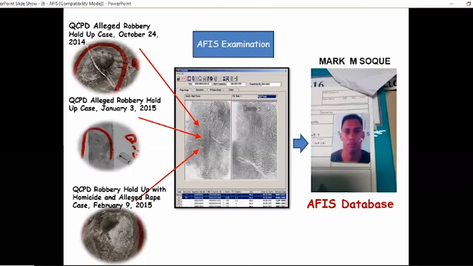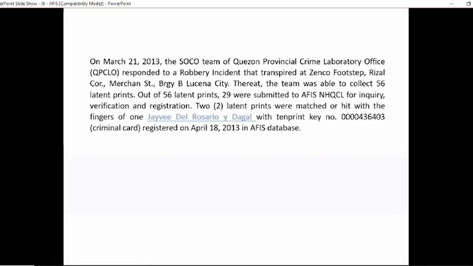Kaya yung tatlong kaso, nung ma-submit yung kanyang latent print, ay yung kanyang 10 prints, na-solve na agad itong tatlong kaso na ito. Sabay-sabay na itong ipinay laban sa kanya. So, hindi lang isang kaso yung na-solve, kundi tatlong kaso. Di ba? Yan. Another case,